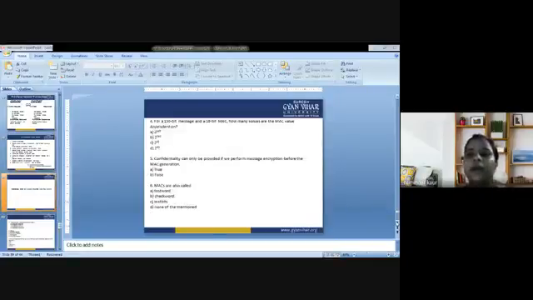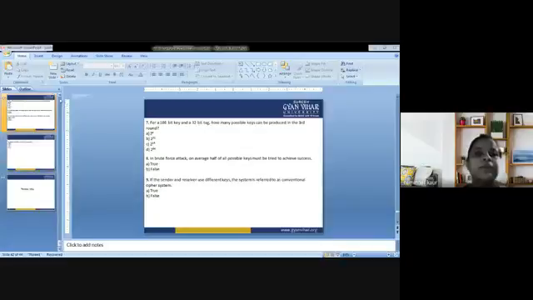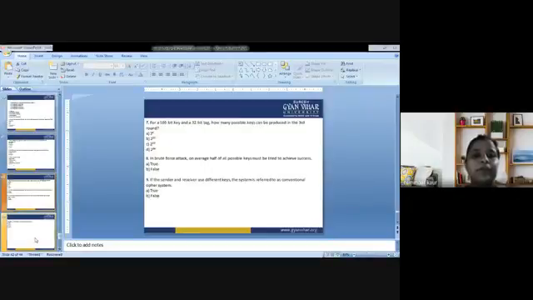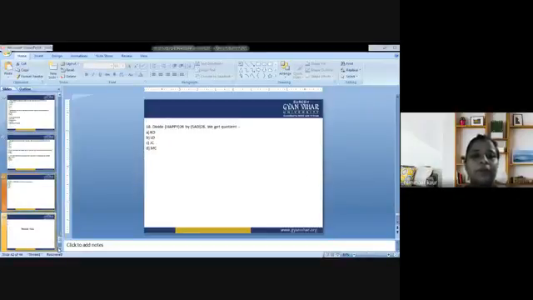Next is today's MCQ. Have a look at today's MCQ. 10 questions are given that are related to today's class. I am scrolling through them one by one, and you are supposed to answer all the 10 questions. Each question has 4 choices and you are supposed to select any one answer from the 4 choices. At the end of the class, you are supposed to submit all the 10 answers on my email account. All of you know my email ID.